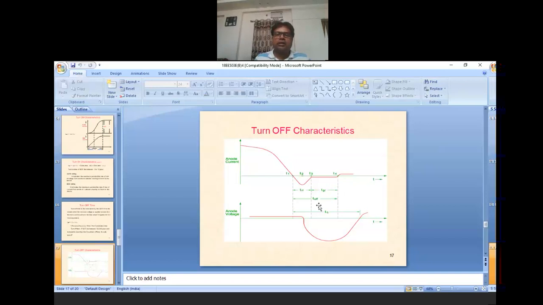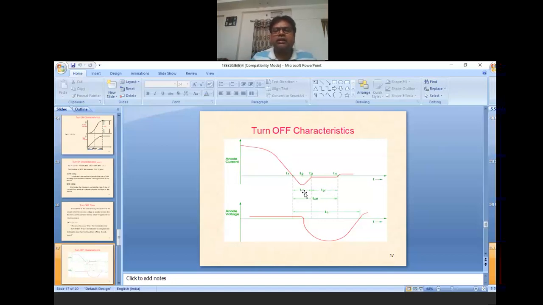But see, the anode voltage is almost zero, but there will still be some current flowing, and that too in the reverse direction. And this is from T1 to T3 and also T4. From T1 to T4, this is the total time taken for the SCR to turn off, which is the combination of TRR and TGR, simply